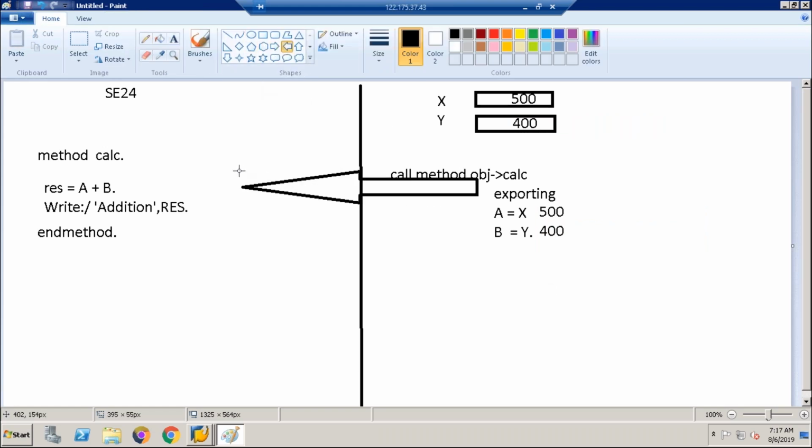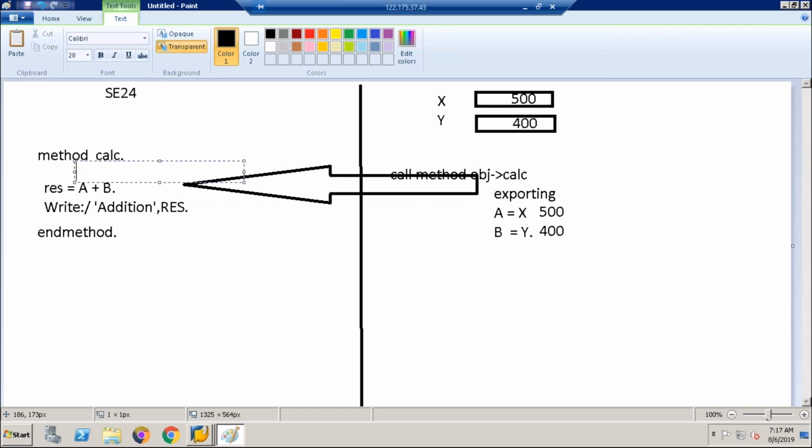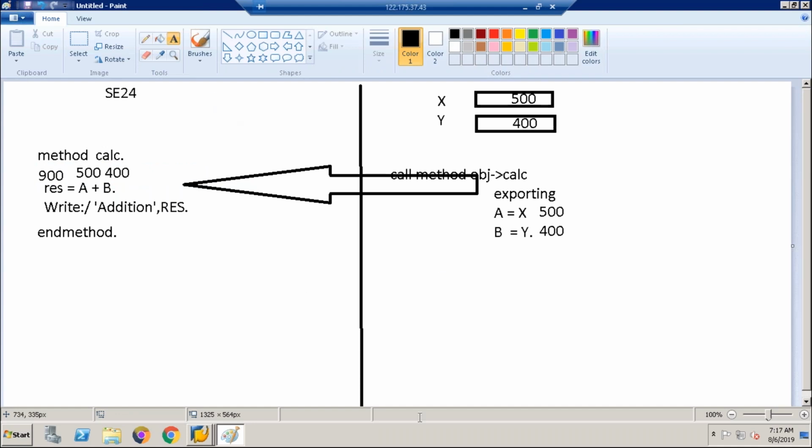It will export these values to the method in SE24. Here A will import, there X will export. Y will export, A will import. A will import 500, B will import 400. Result will become 900. And you will get the output, guys. Okay. This is how a global class works.